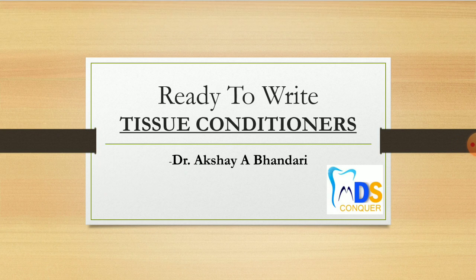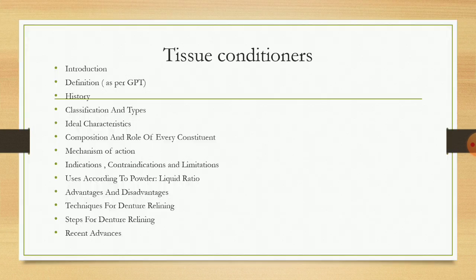First is tissue conditioners. Here are the contents for the answer. First of all is introduction. In this we are supposed to write why we need tissue conditioners sometimes, or why there are some types of clinical conditions which we see in the patient in which we need to use tissue conditioners. Followed by definition. It would be good if we write a definition from the recent GPT, that is GPT